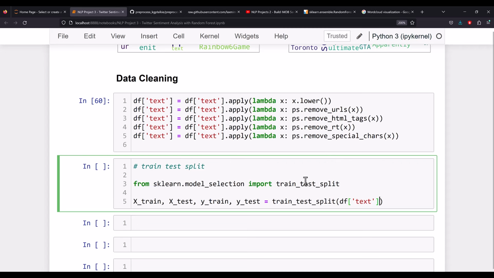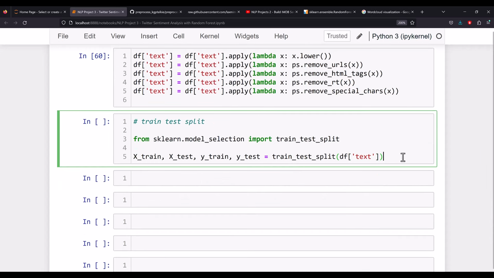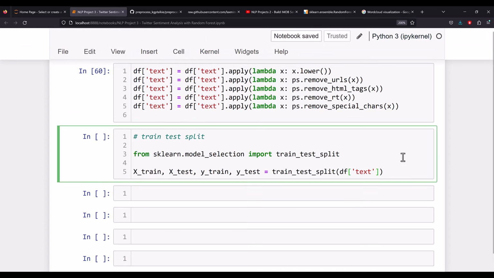So you know this train test split is going to be used here to split our data set into training and test set. If you press shift and double tap, you can see the details of this train test split. So for time being, I write train test split df text,